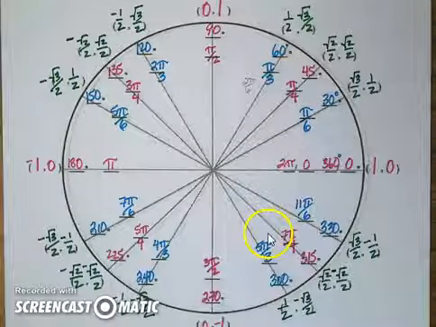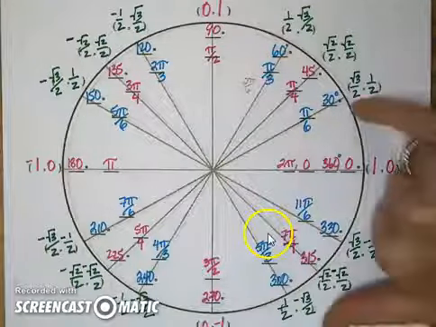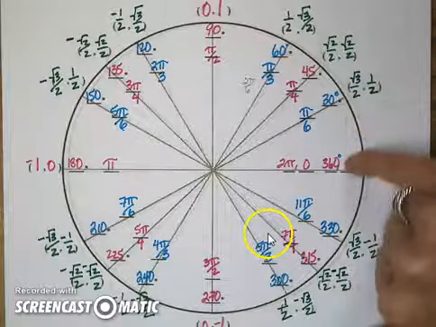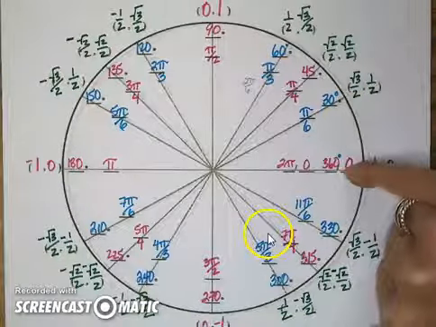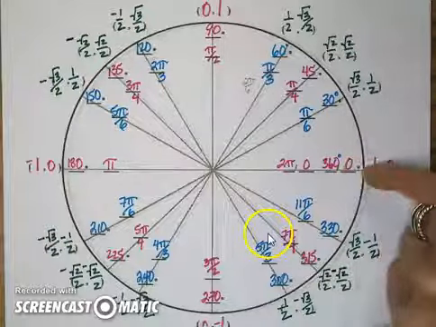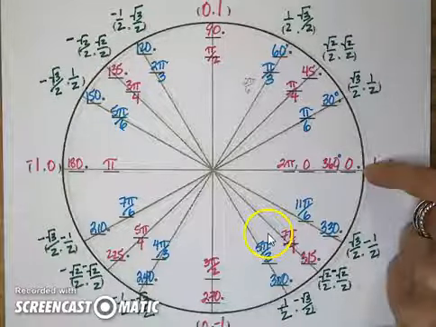I prefer to remember that this x value right here, this x for that point, is almost at the end of the circle. That's almost